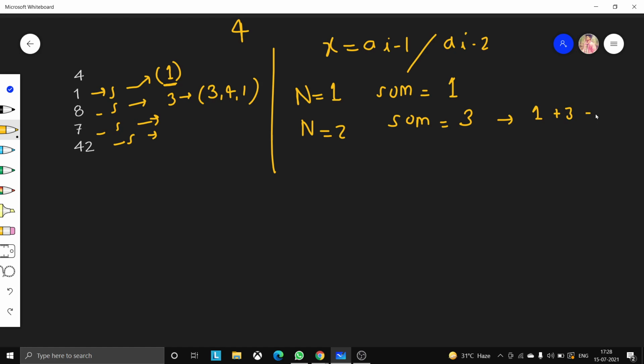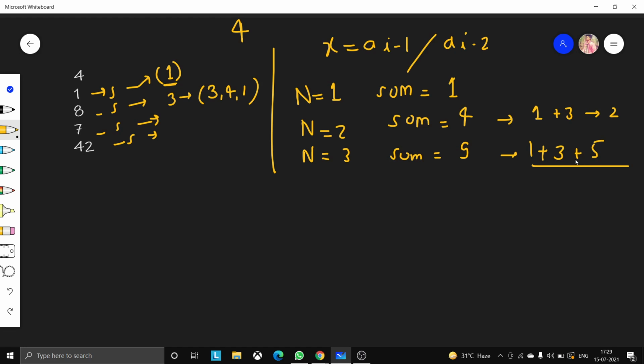Suppose n equal to 3, then the maximum sum here would be 9, because we are doing 1 plus 3 plus 5.